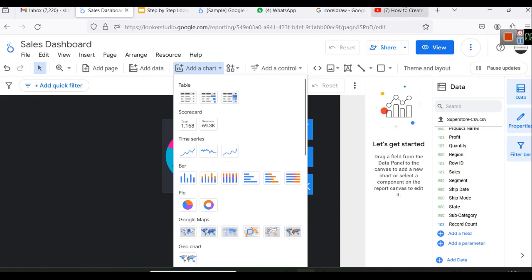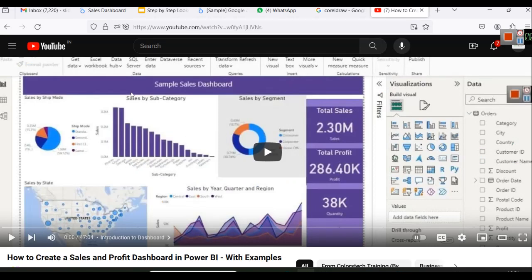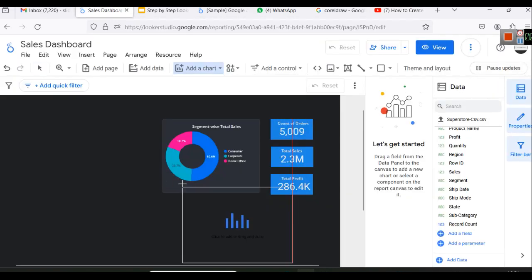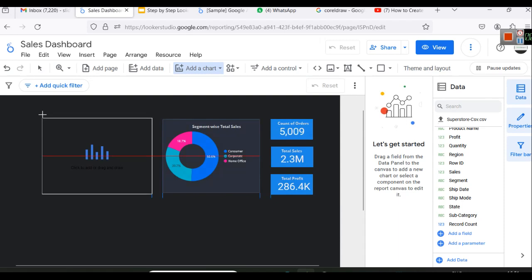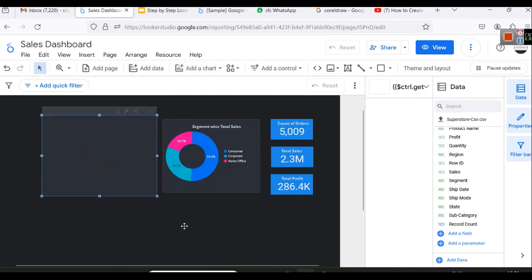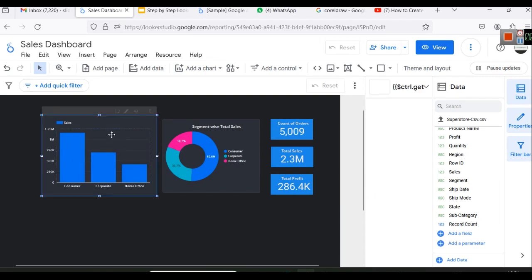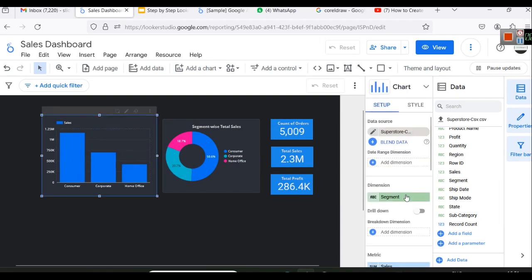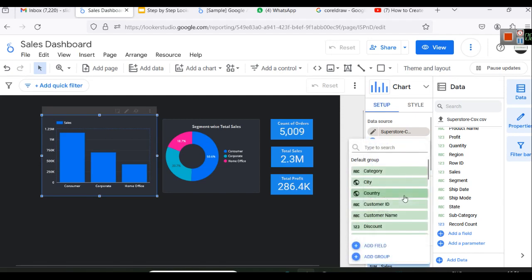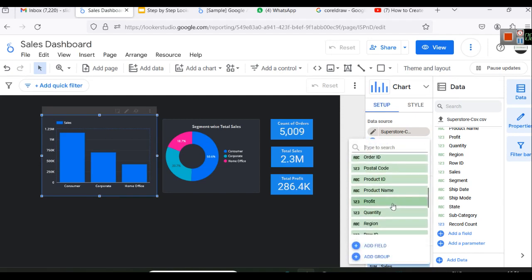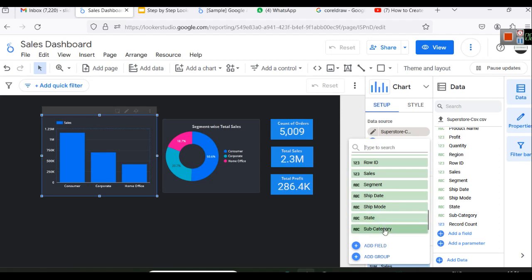In this example we selected the vertical one, because there are 10 to 12 subcategories. That's why we are selecting this, and by default it is showing us consumer. But instead of segment, we can choose a different column, subcategory,